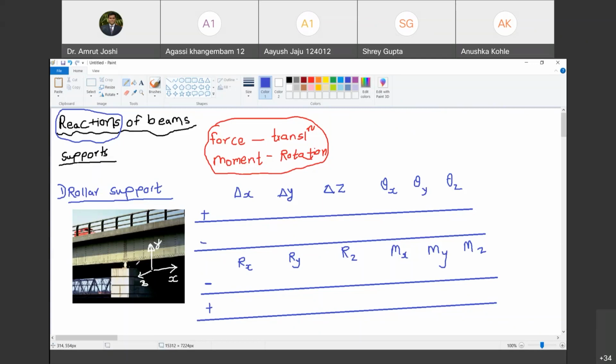And mind you, this part is also required in theory. So I will not be covering this part separately in the theory. You have to pay attention now. We will borrow whatever we discuss here in theory class as it is. I am not going to explain it there. So now we are going to look at the very first support, and that is roller support.